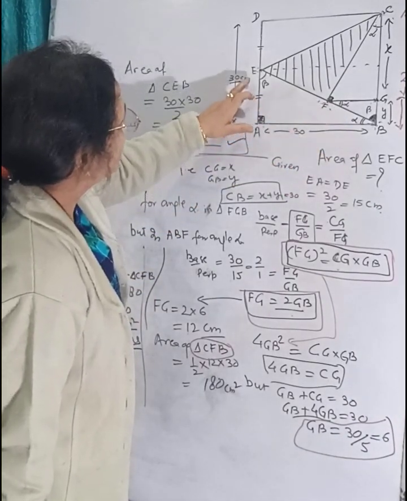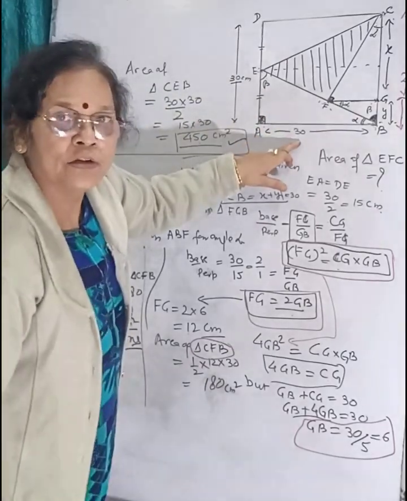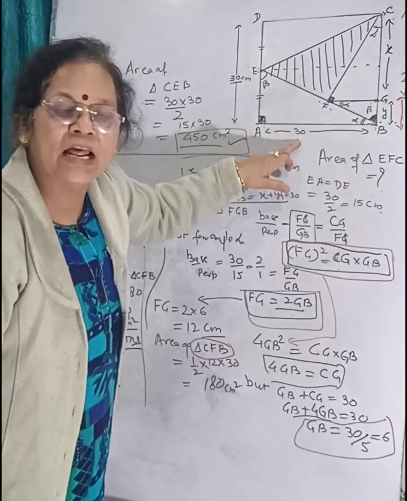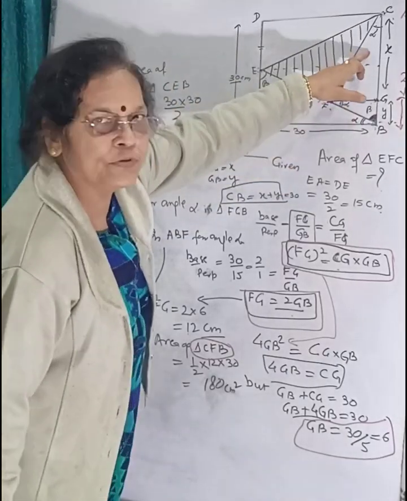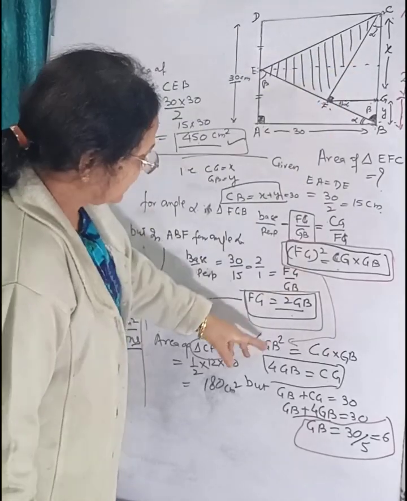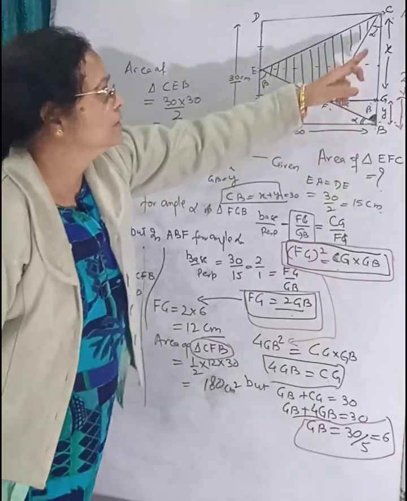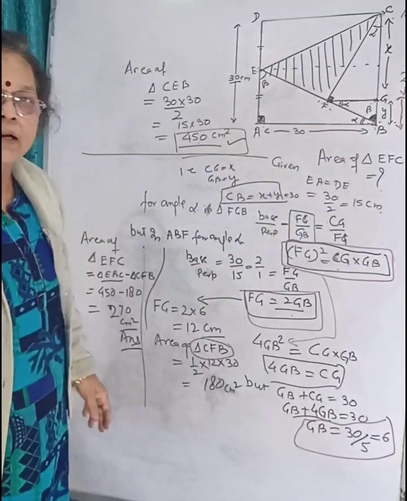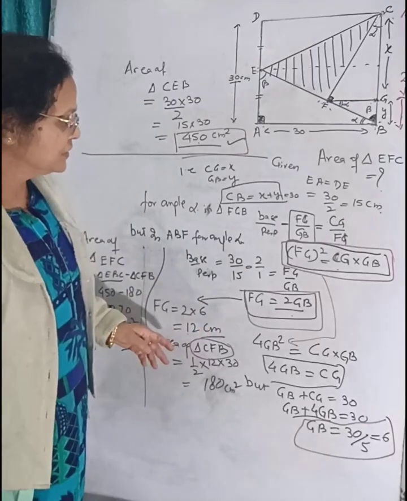Perpendicular upon base for angle alpha is 15:30. So perpendicular upon base for angle alpha is 1 by 2. So that 1 by 2 can be used over here also, can also be used for this angle, and we can find the value of this portion. Okay, I think you have enjoyed it. It was a very interesting question.